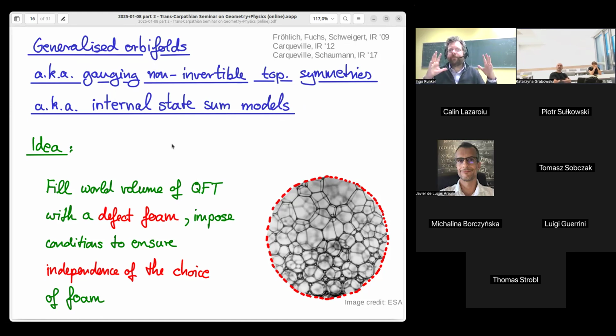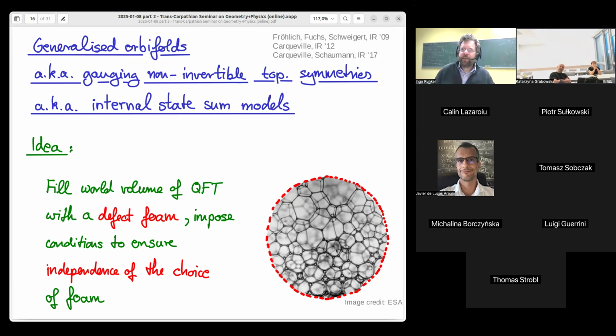So what's the idea? We take a quantum field theory. It now has maybe not just dimension 2, but dimension 3, 4, 5, whatever, and we fill it with a foam of defects of all dimensions. So like in my 3 dimensions, I have here an actual foam. And I want to choose the conditions of these defects, surfaces, lines, and points in such a way that changing this foam doesn't change the value of correlators. And then I have the prescription that I get my generalized orbifold by taking my original quantum field theory, putting such a foam of defects and evaluating. And then that's the orbifolded theory or the gauged theory.